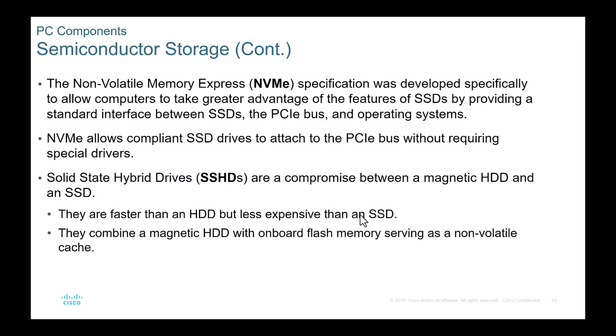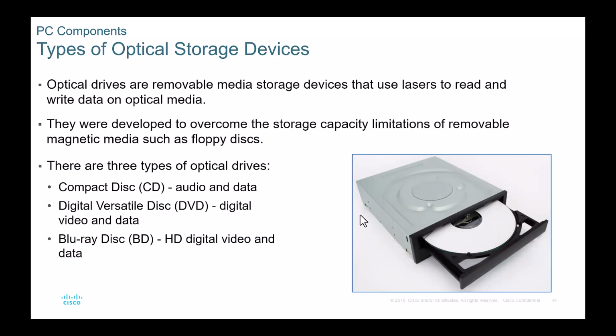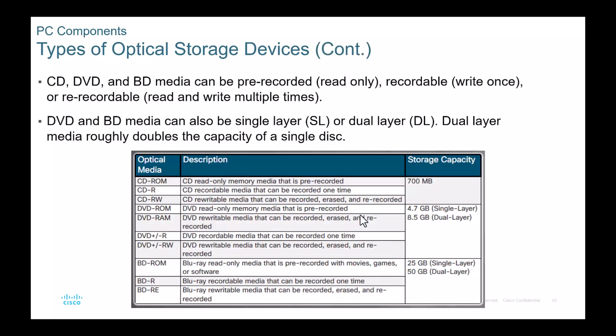I'm trying to think if there's anything else. Optical drives, we know what optical drives are. We have CD and DVD drives or Blu-ray disc drives. The difference between them is just the storage that's on them, and it's a different laser that can write data at different depths and densities. Our temporary disk storage used to be like 4 gigs, and that's all we had. Now Blu-ray are up to 30, but you don't really see those around anymore.